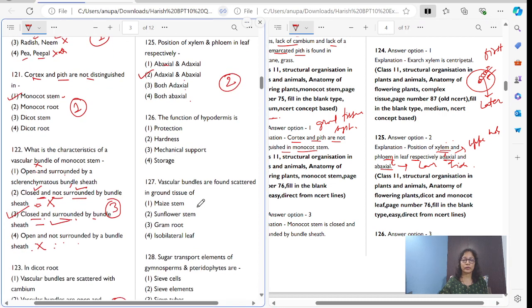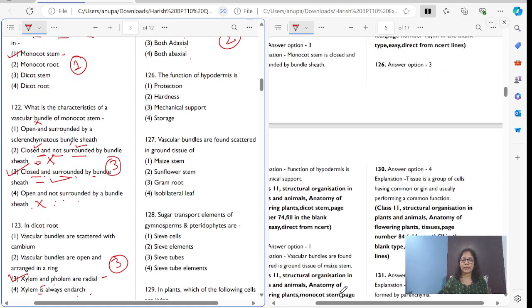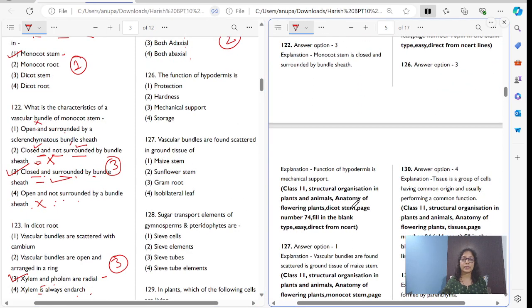Now let's move to question number 126. It states that the function of hypodermis is. What is the function of hypodermis? So hypodermis consists of a few layers of collenchymatous cells, and we know that collenchymatous cells provide